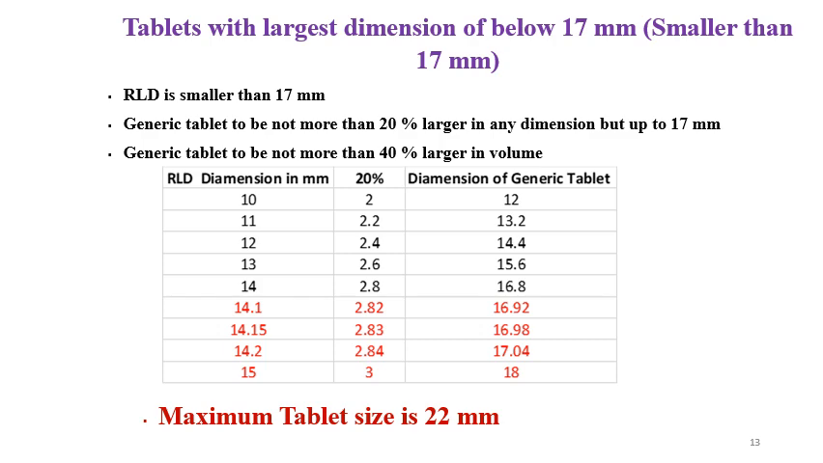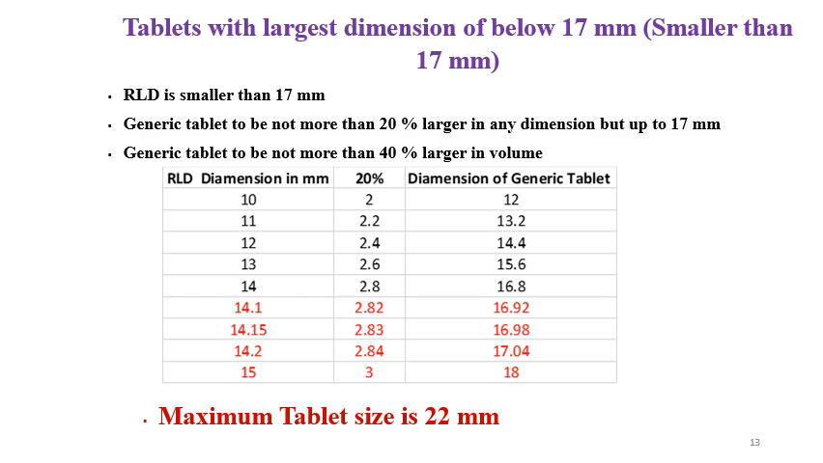Now coming to the information for this guideline, tablets with the largest dimension below 17 mm, smaller than 17 mm. If the RLD is smaller than 17 mm, what type of criteria is there? The generic tablet is to be not more than 20% larger in any dimension, but up to 17 mm. So if your RLD is, for example, 10 mm, then 20% of that will become 2 mm, and the dimension of